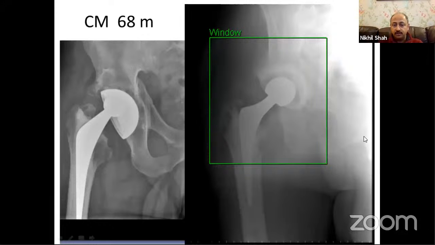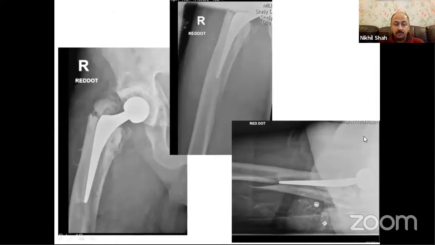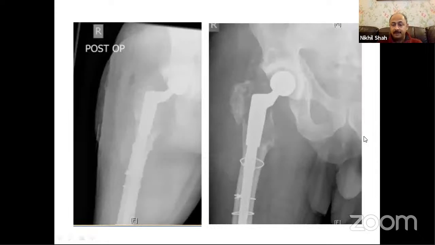This was a revision that was done with an in-cement revision using a smaller and a shorter stem and a socket revision for wear. And this is a risk factor for periprosthetic fractures. So you can see that he has a long spiral periprosthetic fracture, but unfortunately, he has also taken out the trochanter. And these become quite difficult to try and fix. So my philosophy is to try and avoid putting any metal work on the trochanter unless the trochanter is connected to a long portion of the lateral proximal cortex of the shaft of the femur.